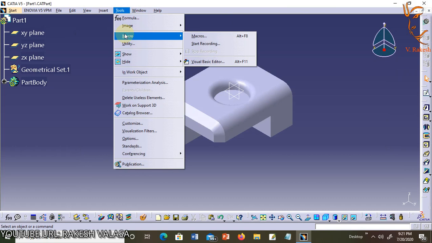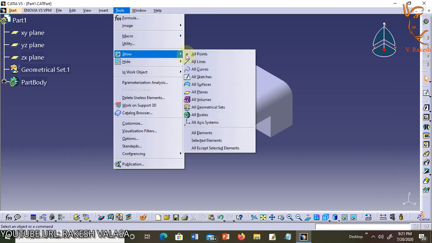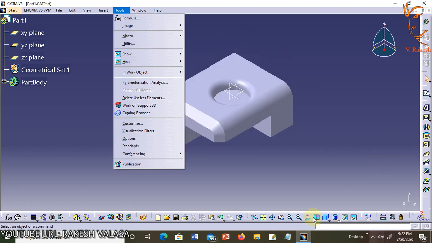Next option is Show. This tool seems very similar to the Hide or Show and Swap Visible Space tools located in the View toolbar at the bottom of the screen.